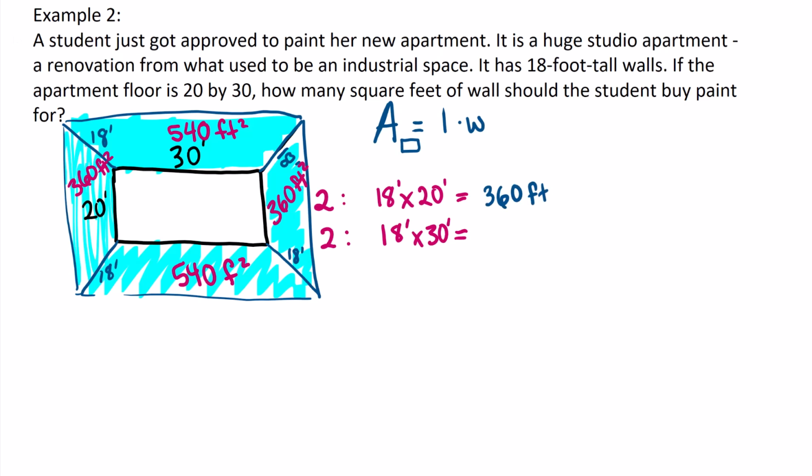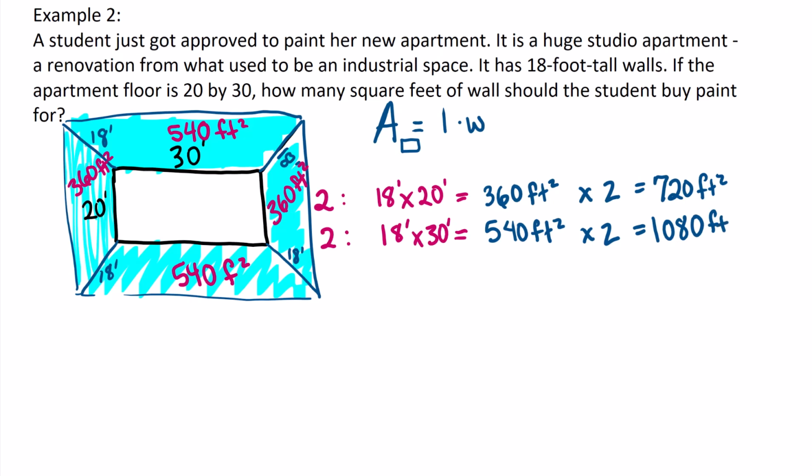360 square feet times two of those walls equals 720. And 18 times 30 is 540 square feet, times two of those size walls is 1,080 square feet. And if we add those together, we get